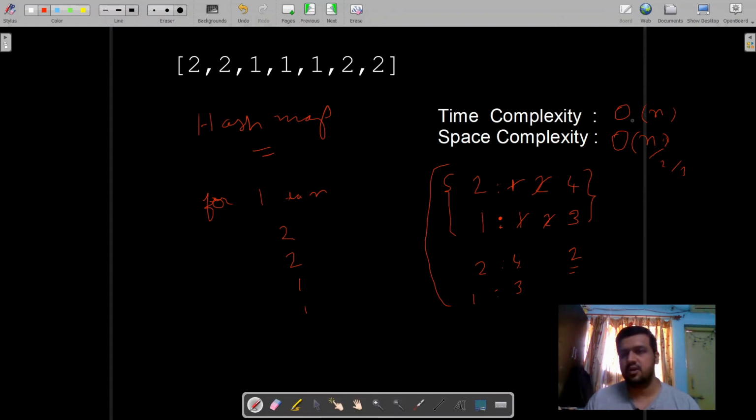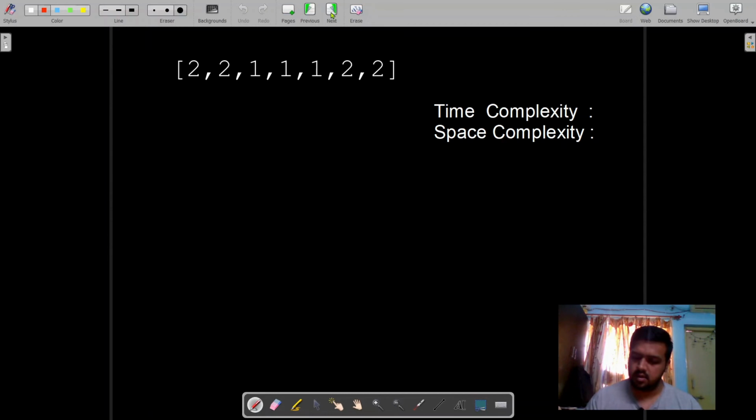So how can we reduce the space complexity to 1? That is one such headache. So let's move on to the next approach. If we carefully see what we are trying to achieve, we want to get the highest number of elements, right? So what could be the case? The majority element will be repeated more than n by 2 times, so the frequency of this particular element will be very high.